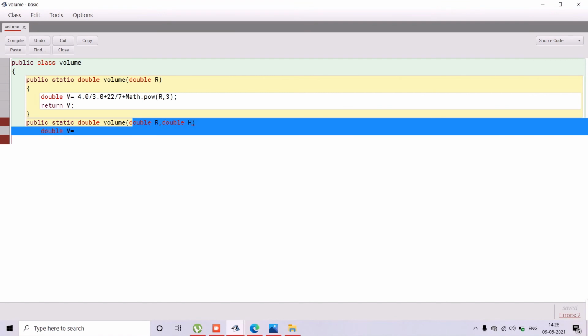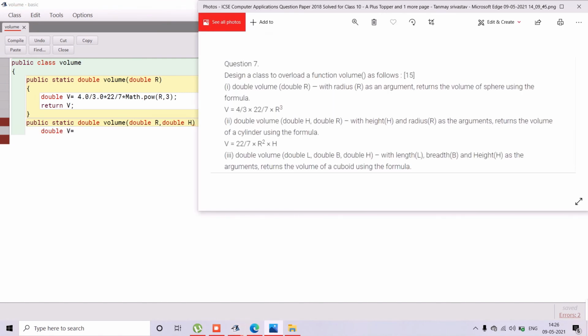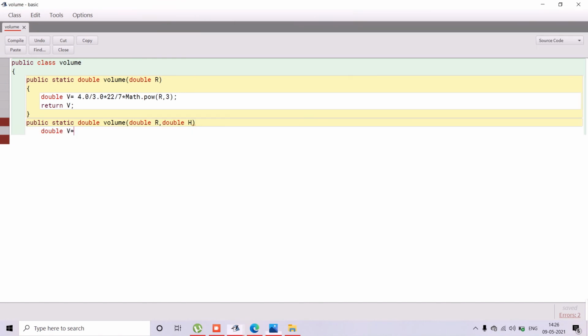So how do we have to calculate this? 22 by 7 into R to the power 2.